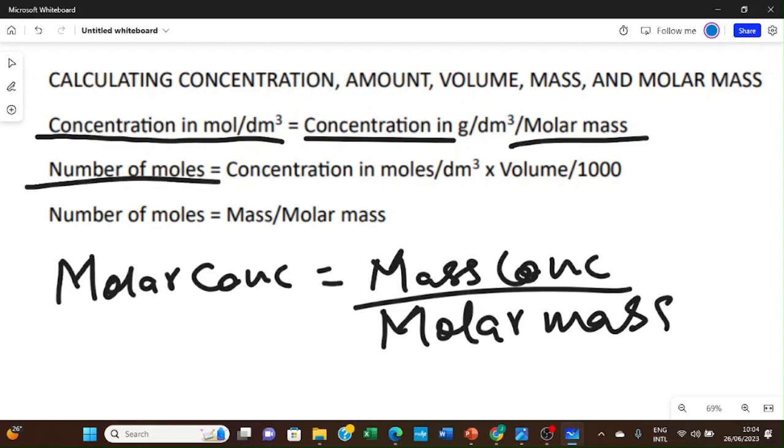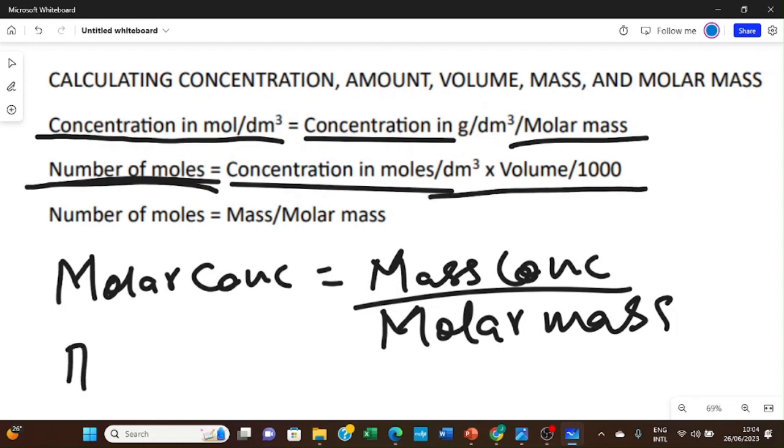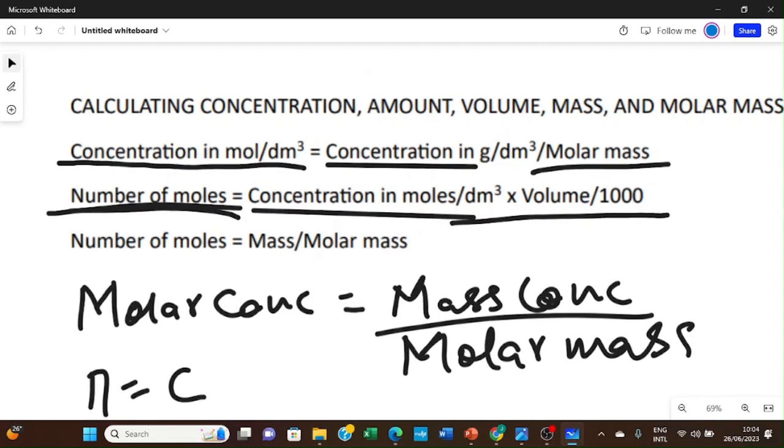Then if we want to calculate the number of moles, it will be equal to concentration in mole per dm cube times volume over 1000. That means number of moles, which is N, is equal to C, where C is concentration in mole per dm cube, times